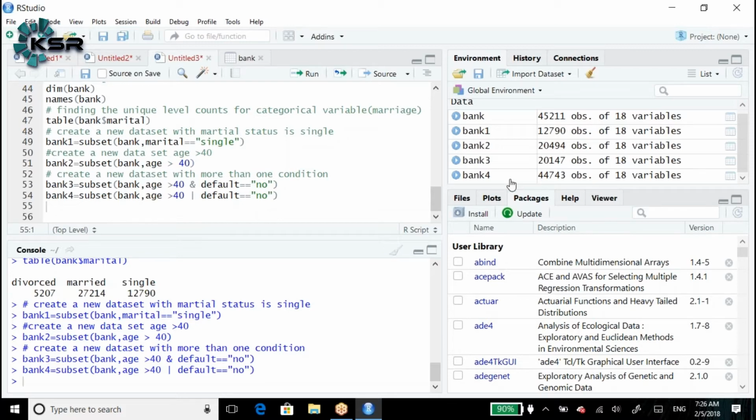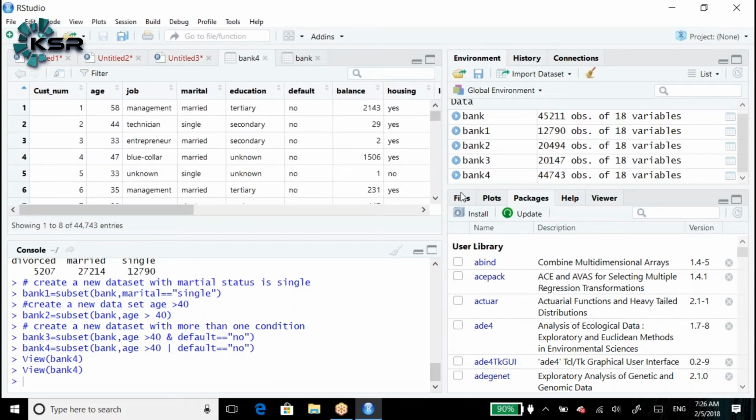Let's say in bank 4, where age is greater than 40 or default is equal to no, I don't want all these 18 variables. We require only 3 variables: age, customer number and default. We don't want the remaining variables.